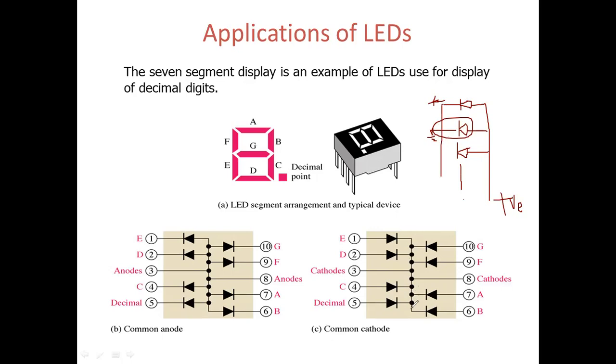Similarly for the cathode also you can short here now, that is called common cathode we are going to call here now. All the cathodes are joined together, that is called common cathode. If all the anodes are joined together, that is called common anode we are going to consider. Two configurations are there here now. So common anode method and common cathode method here now. Any doubts?